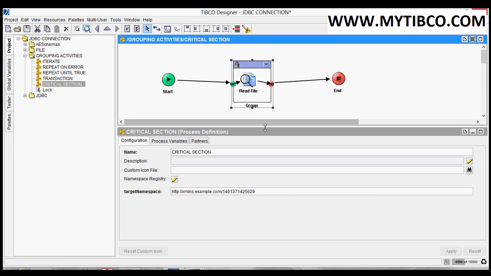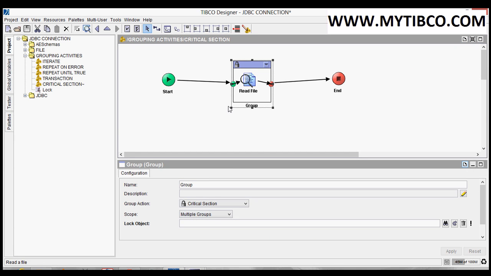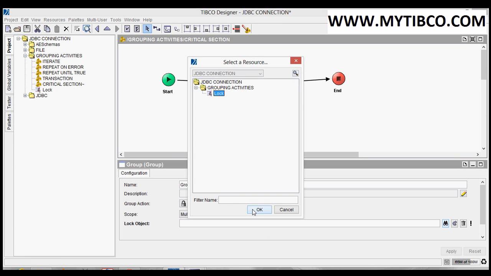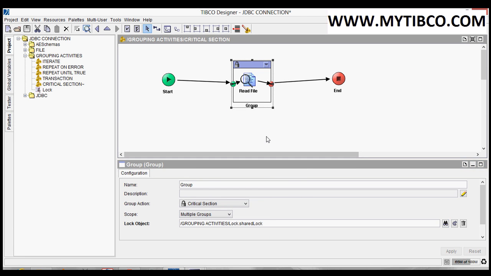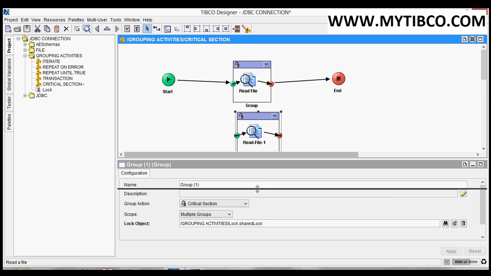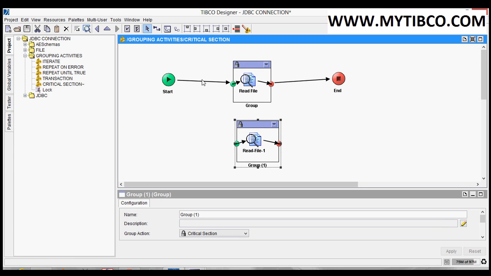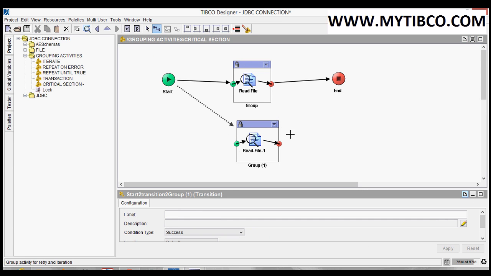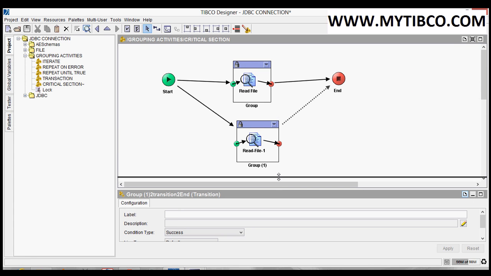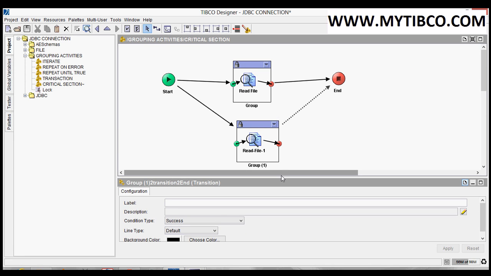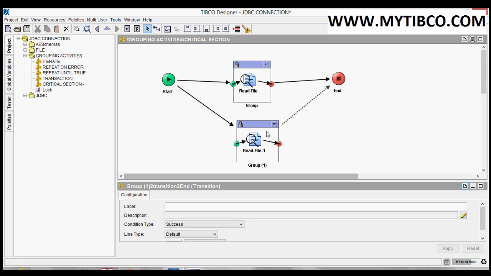Now let us see. Now I am copying, click on apply, copy this group, paste here. Now observe, these are two groups trying to access the same file, or I have created two groups in a single process.